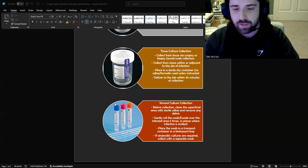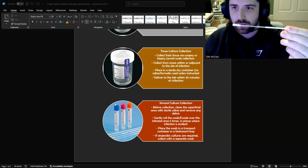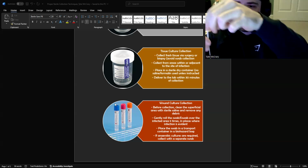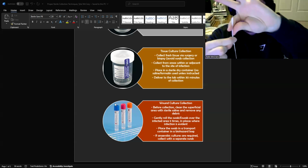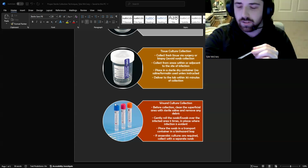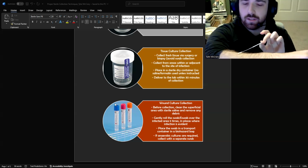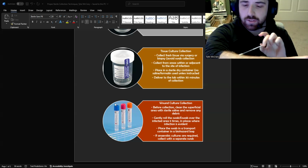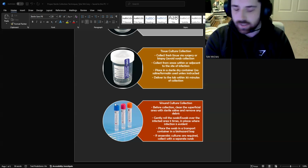Basically what this one is meant to do is it is a sterile swab, so when you open it, it is sterile. But what this one's meant to do is you can actually put it in the container after you swab it because this actually breaks. So if you were to roll it around the infection area, and there shouldn't be any contamination since the area was wiped, you just roll it around the infection area a few times, and then you can actually